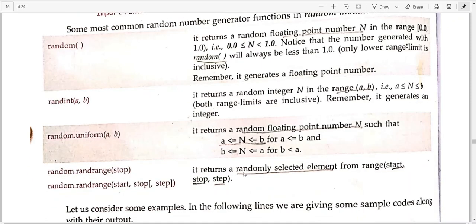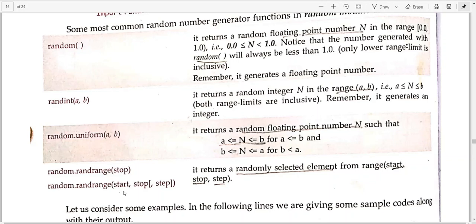Okay, so next function is randrange. That is again from the same module, the random module. So it comes with two variations. If you just specify stop, like you say you need to stop on 7, so it automatically will start from 0 or 1. Okay, so if you are specifying your start and stop yourself, and step size also can be defined, so it will act accordingly.